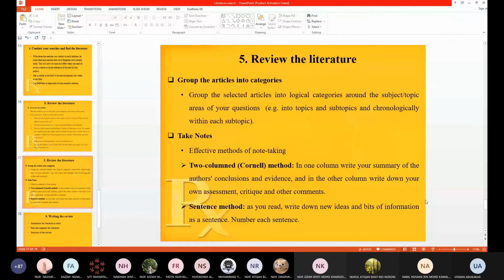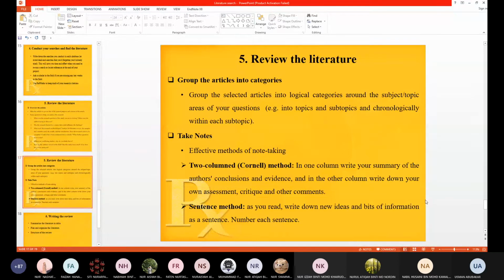The sentence method is where you write down important ideas about the studies and then you number them. This is for you to use later to write your own review. Because when you're writing your review, it's going to be, okay, what this person found, what other studies support this. There should be a link in what you are describing, not just different components being put together into one review just for the purpose of writing a review. No, your review should have a flow, a pattern. How do you want to organize it, what do you want to come first, and then what do you want to come next